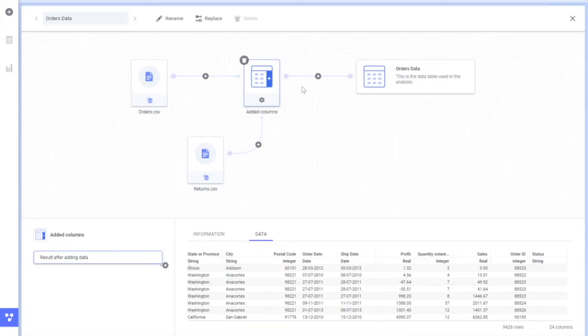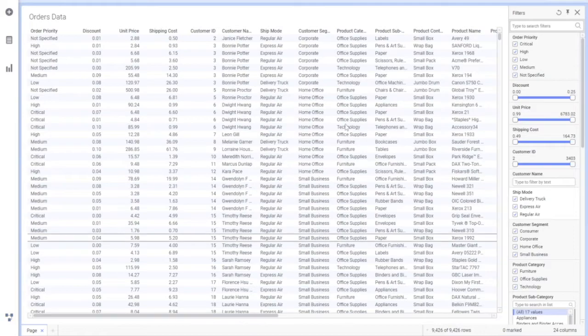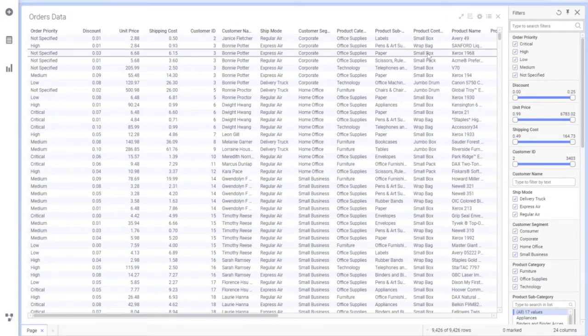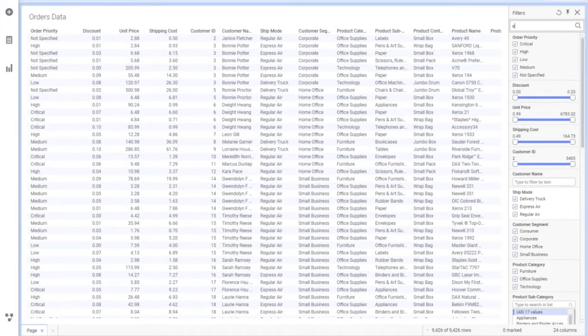If I have a union, then it will show a different option, added rows. So this way the whole blueprint or canvas is created, which tells you what is happening, what is done in this particular dashboard or report or analysis. Now let's go back to our analysis, and here we will be getting that extra column. So here you can check it out.